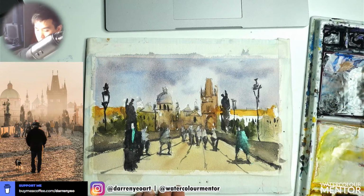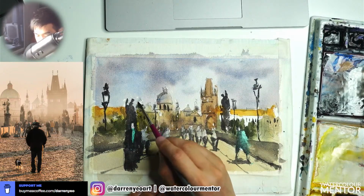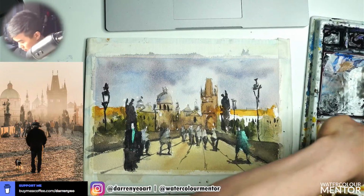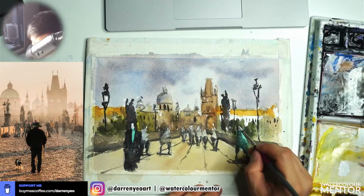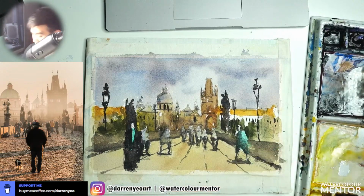And some of you might want to actually go in and change that color a bit, but I'm not too fussed. Yeah, it's just some little finishing touches. I could pick up a bit of gouache and also bring out some final highlights on the figures. I think that would be a nice way to finish it off. So a bit of white gouache, a touch on top of the heads and the shoulders of these figures